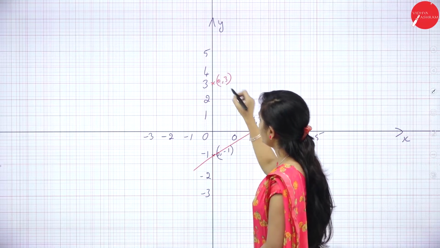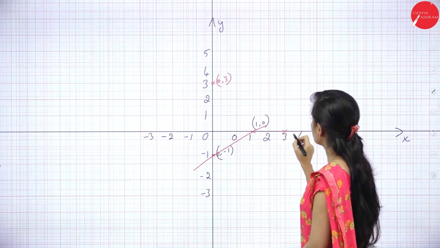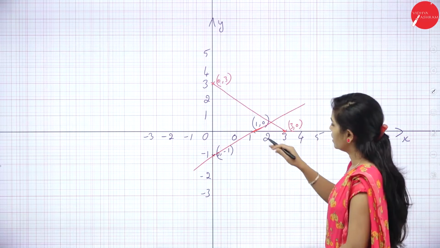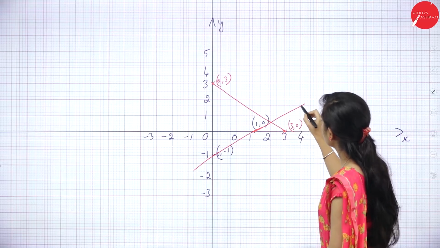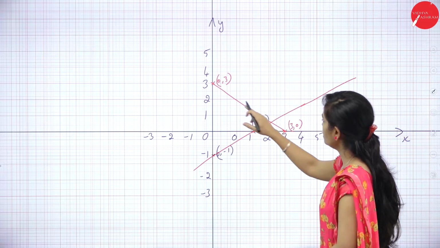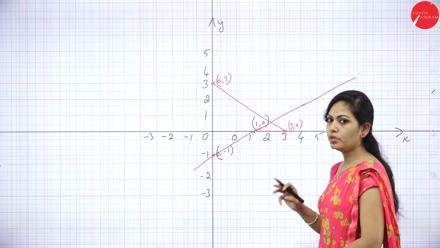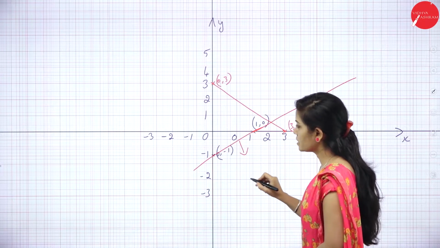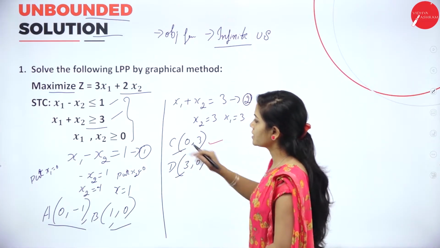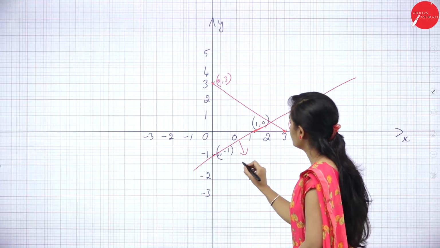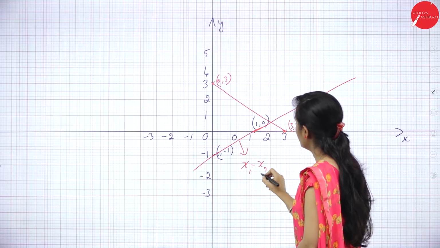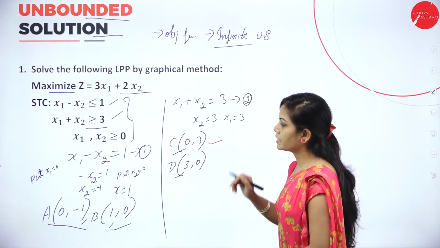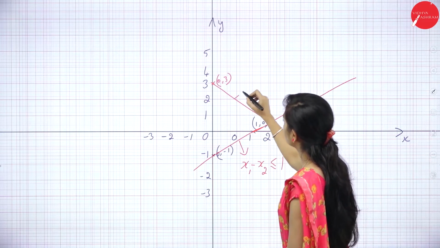The third point is 0, 3, and then 3, 0. So I joined all the points. This is your constraint 1 and constraint 2. Constraint 1 is x1 minus x2 less than or equal to 1,